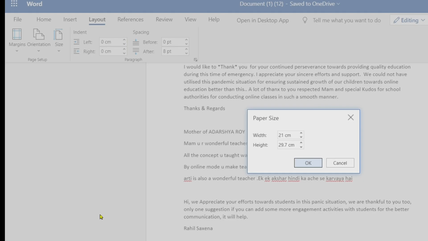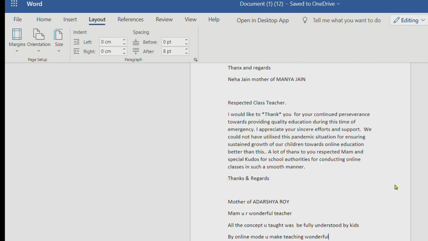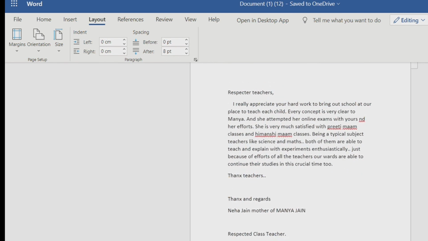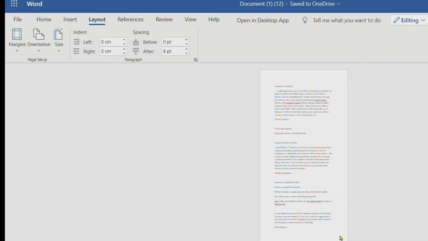So from here, when you open this, a dialog box will appear asking you the size of the page. Okay, so if you want the width of the paper to be like 15 centimeter and the height 32 centimeter, 33 centimeter, then you can say OK. So children, you see the size of the page changes. Fine, like this. Let me show you. So the size of the page changes. So like this, you can choose your own preference to give the size of the page.